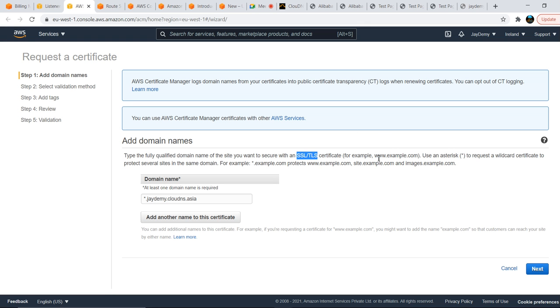Use an asterisk to request a wildcard certificate. Wildcard is nothing but any name before the dot. Any name you can fetch with the same single certificate. It protects several sites in the same domain, for example images.example.com. This is how it will work.